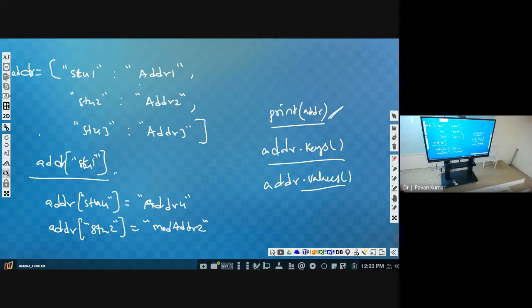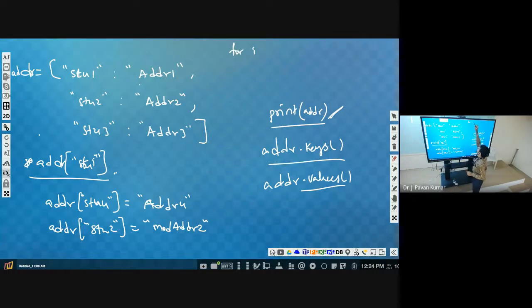Keys itself is the index. We will not have such kind of index in general, but if you want to display a particular key value, instead of using this, you can use it like this.